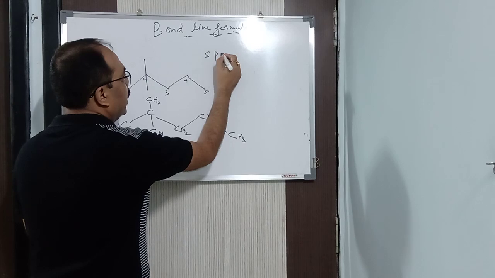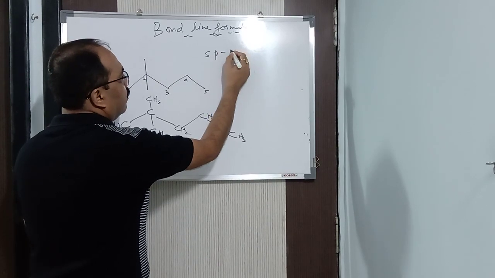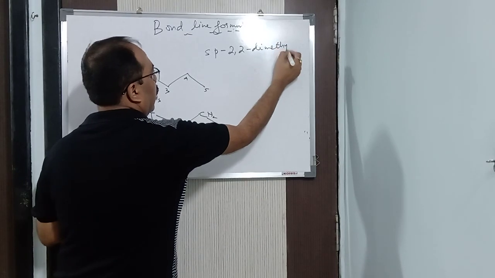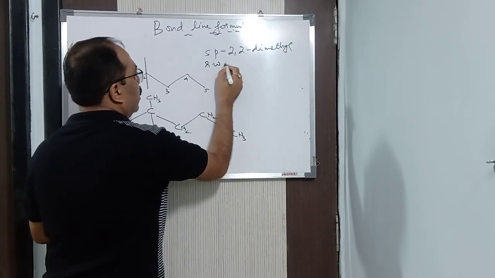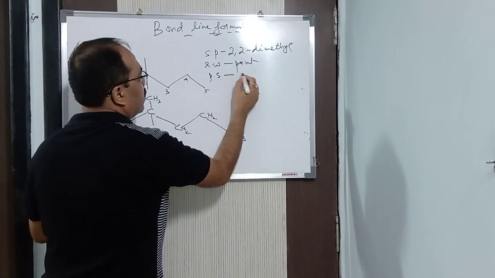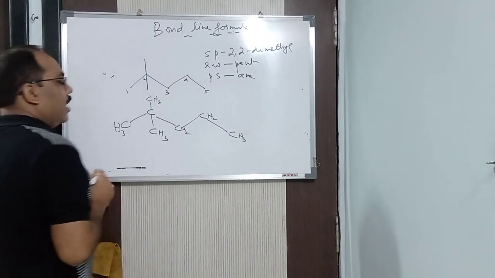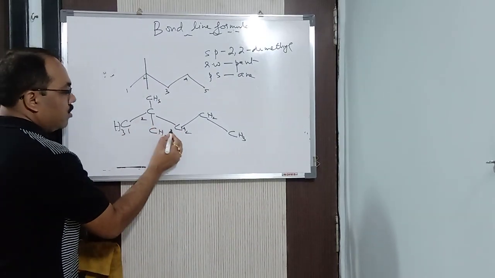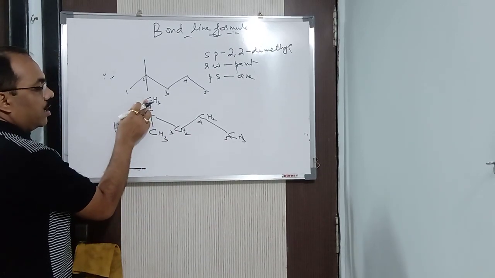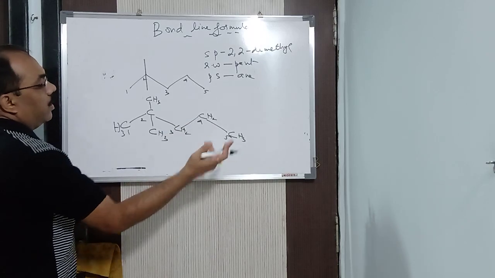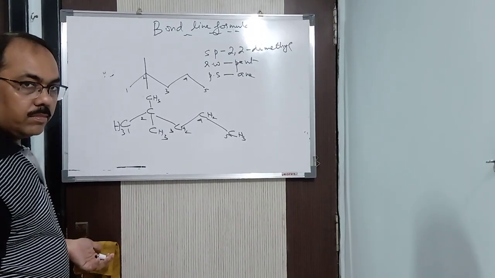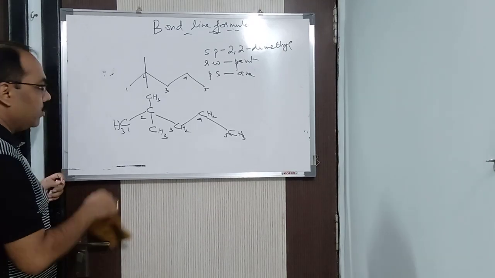So you write it accordingly as I have taught you. First, secondary prefix. Secondary prefix is 2,2-dimethyl. Root word is pent. What is the primary suffix? Primary suffix is ane. So 2,2-dimethyl pentane. Here also you do the same thing: 1, 2, 3, 4, 5. See here, in the second position one methyl, another methyl. So 2,2-dimethyl pentane. This is how we write it. Alright, one more example let me give you.